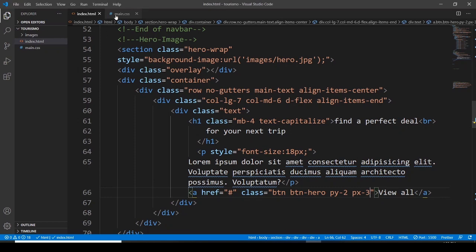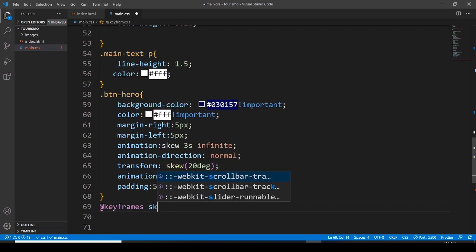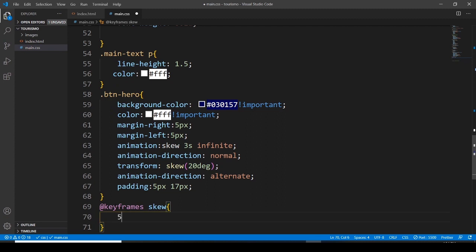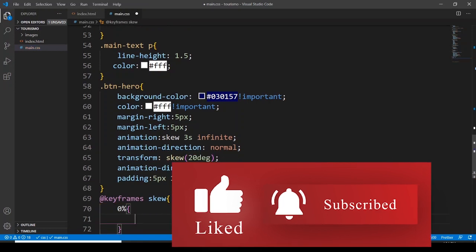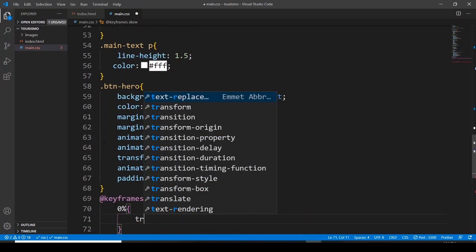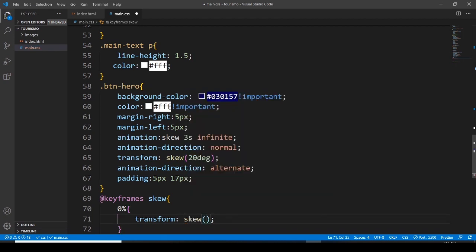Okay, let's go back to the main.css, and now here I would like to go with animation. So let's say add keyframes. The name of our animation is skew, and for 0% I want to go with the transform, and the transform is going to be skew of 20 degrees,